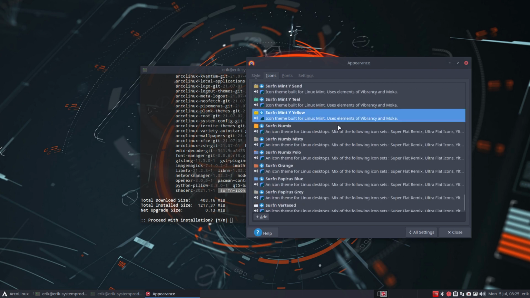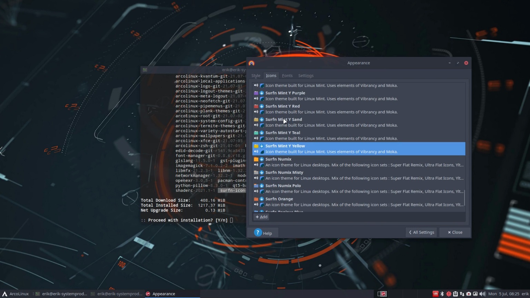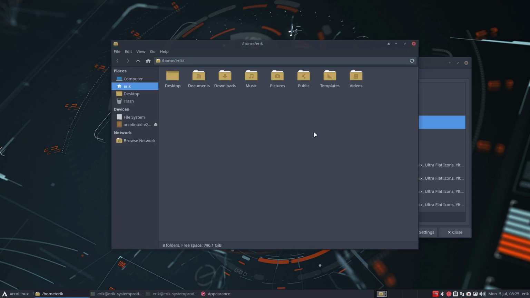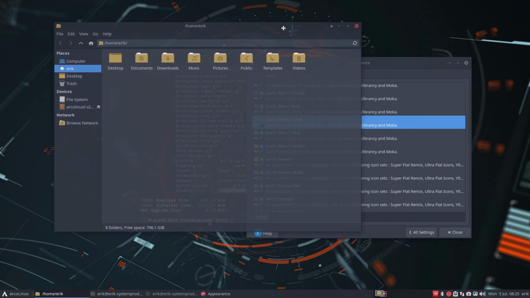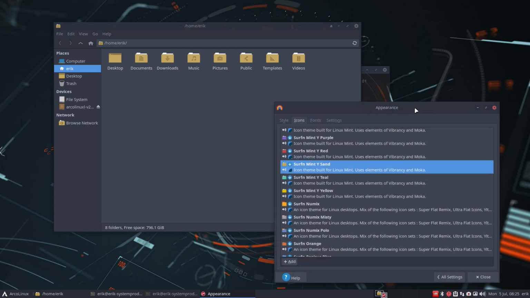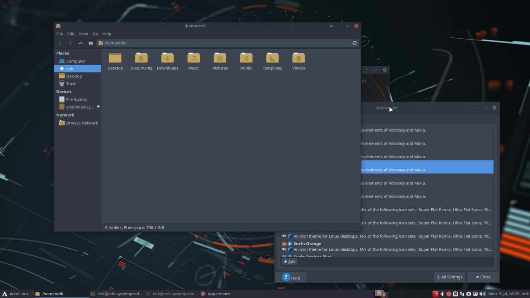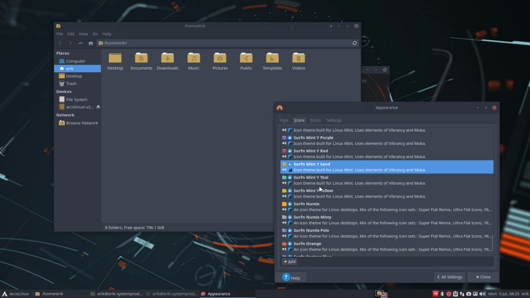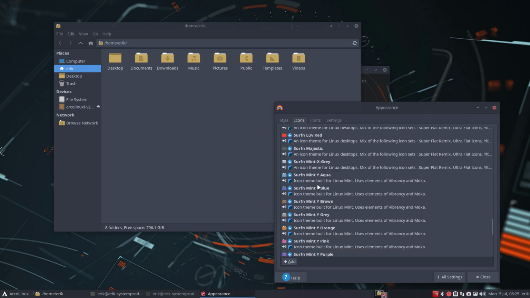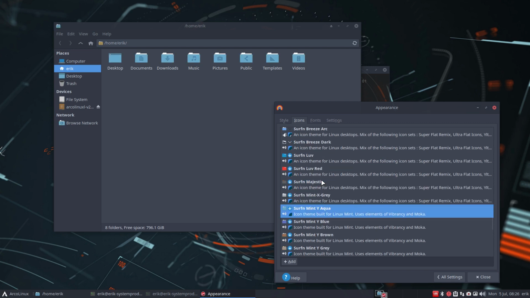And we have Sardi mint yellow, maybe Sardi Surfen mint sand. So these are the Horst icons, 3180, I think, right? Horst, from the Arc theme and the Arc icons, and it withstands the teeth of time. I still find it quite beautiful, but then of course the Arc variant, the blue one, but even the Aqua is actually not that bad. So anyway,